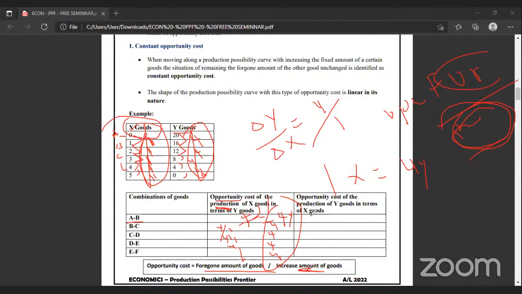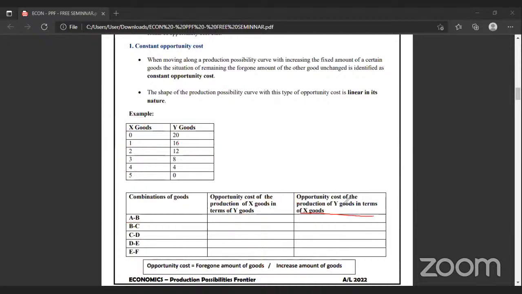Now go to this part. This one, the opportunity cost of producing Y goods. Then how to check this one? You have to go from bottom to top. From here you check it, right? Now see, they are producing 0 output of Y goods. How much X good are they producing? 5. So we will check both sides, whether it's constant or not. When they are increasing by 4 units of Y good, which one are they sacrificing? X good. Now you have to go from bottom to top: -1, -1. They are sacrificing -1.